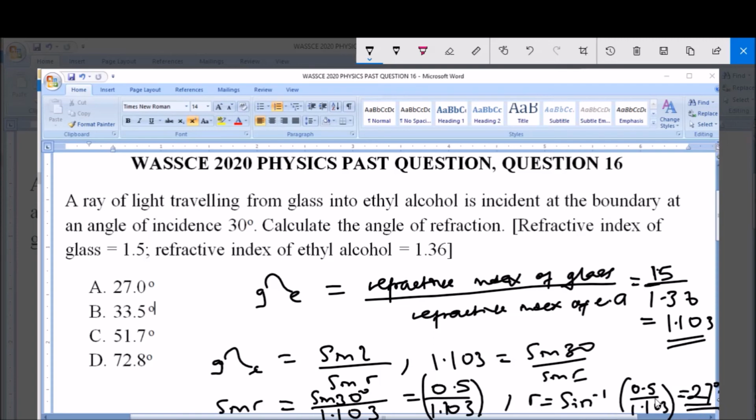Now when you take the sine inverse of 0.5 all over 1.103 in your calculator, when you punch it on your calculator, you get 26.9 something, and so approximately that is 27.0 degrees, and that is option A, 27 degrees. So this is the angle of